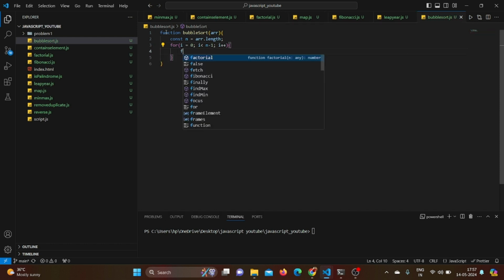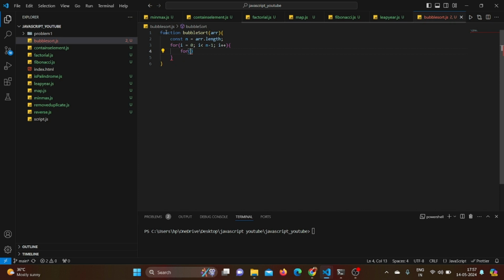After that, we'll be creating another for loop inside this for loop, where we will be defining the j initializer, which again is initialized with 0, and then j is less than n minus i minus 1. We will be incrementing the j initializer,